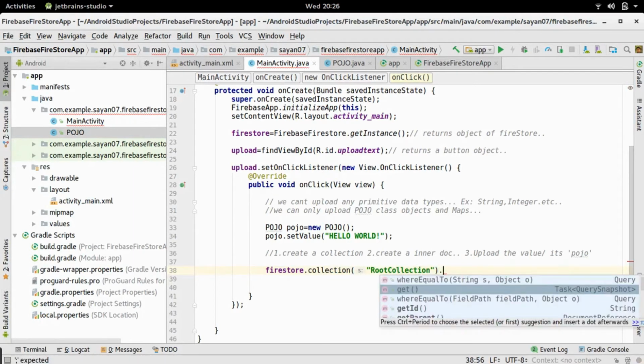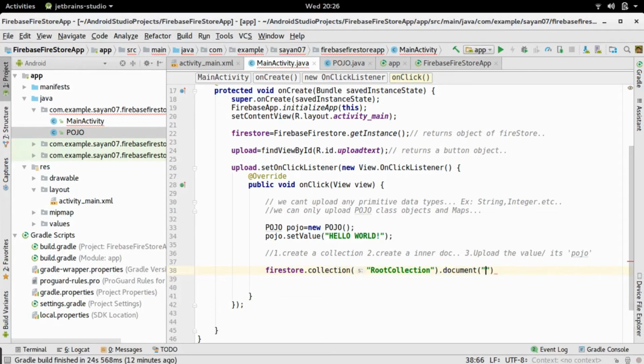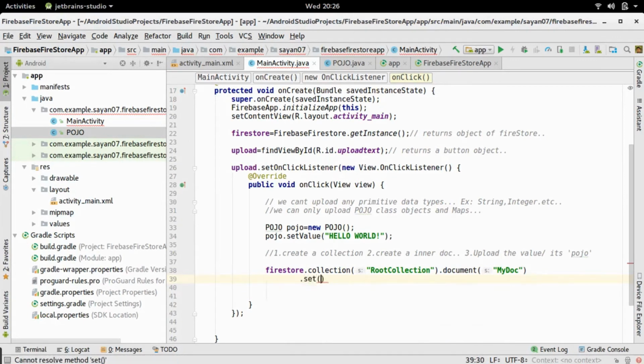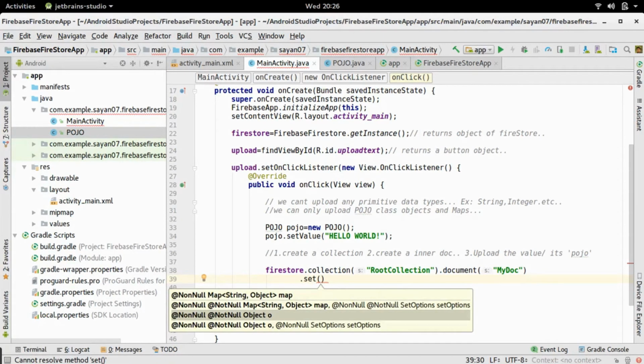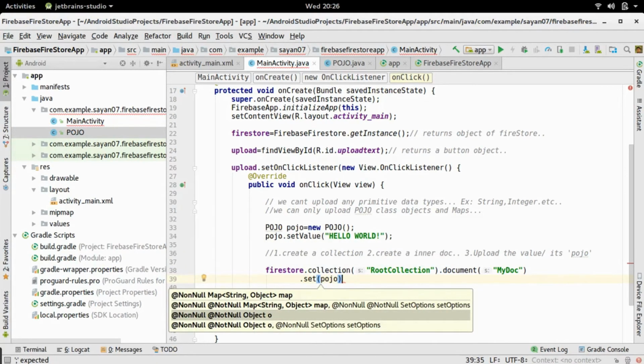After this, we need to do the second task, that is creating the document within it. To create a document within the root collection, we just need to use the document method and provide the document name. So let it be my doc. Now a third task will be to upload the POJO class object. To upload any kind of value, just use the set method and pass the value as the parameter. So here it is POJO. Okay, so we have successfully created a collection, then created a document within it, and then uploaded the POJO